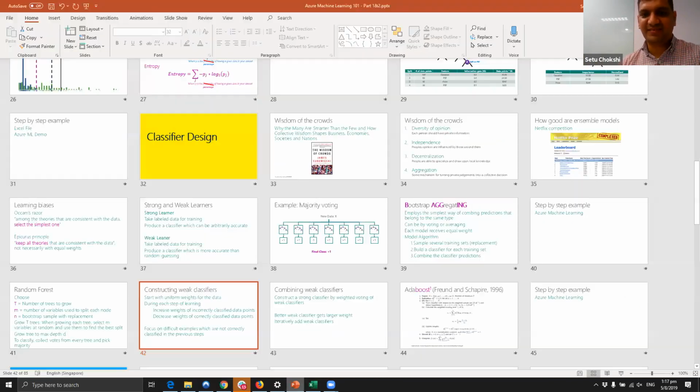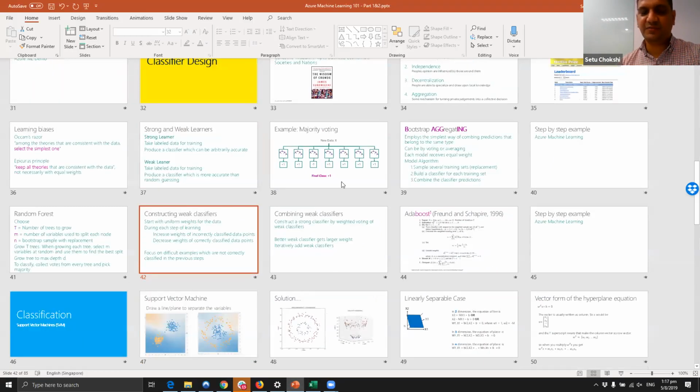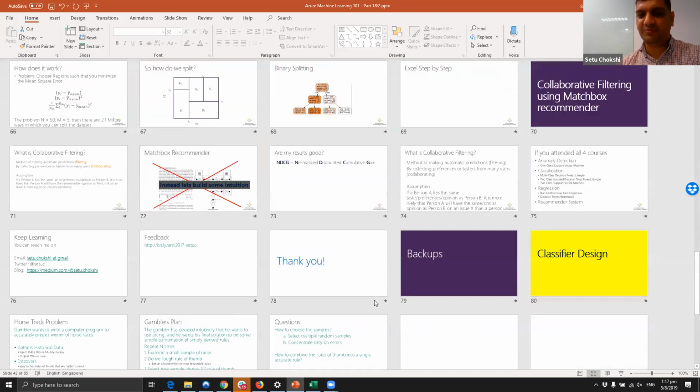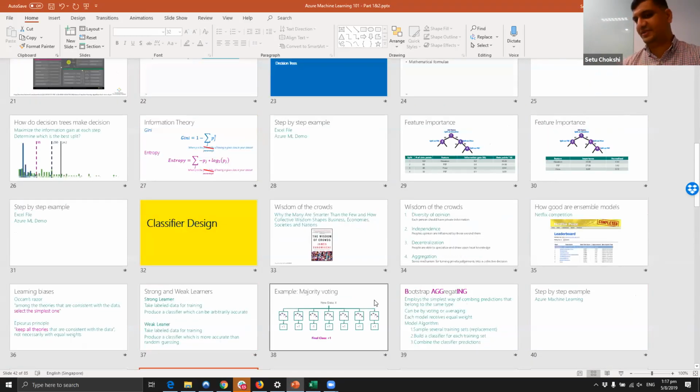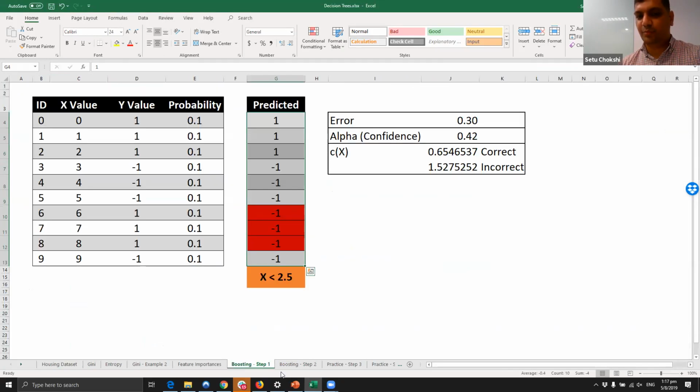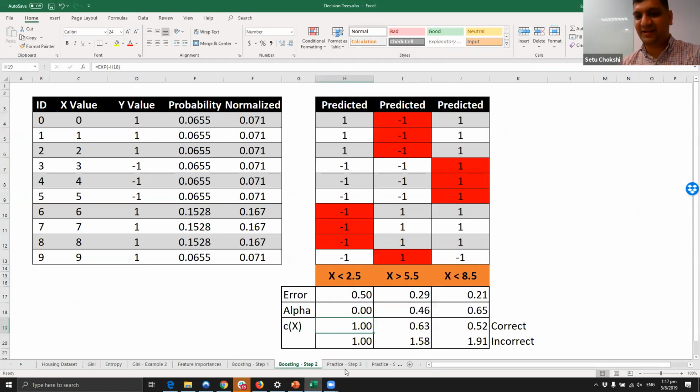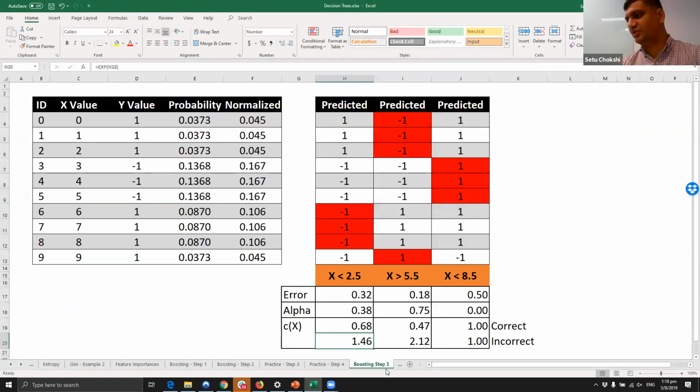I'll be posting the slides again. There are concepts on regressions and other advanced models like locally deep SVMs and others. So for those who are interested, go through the slides. Let me know if you have any questions. We'll be happy to do it. The Excel slide that I have posted also does the boosting as an example. So I have practice questions for you as well as the solutions for them. So for those who are interested to learn these algorithms, go ahead and do it. If you have questions, post it on the forums.